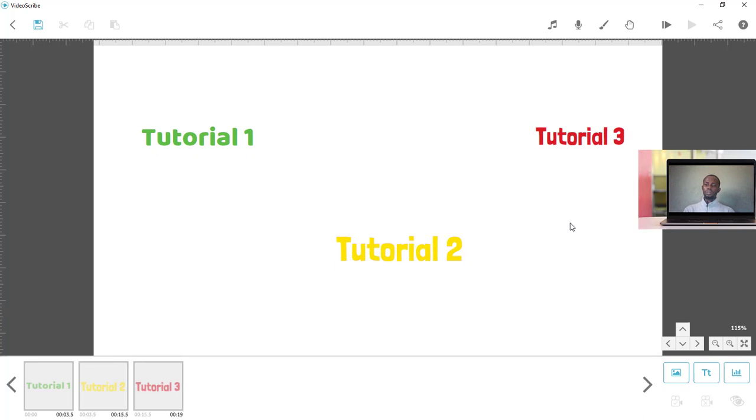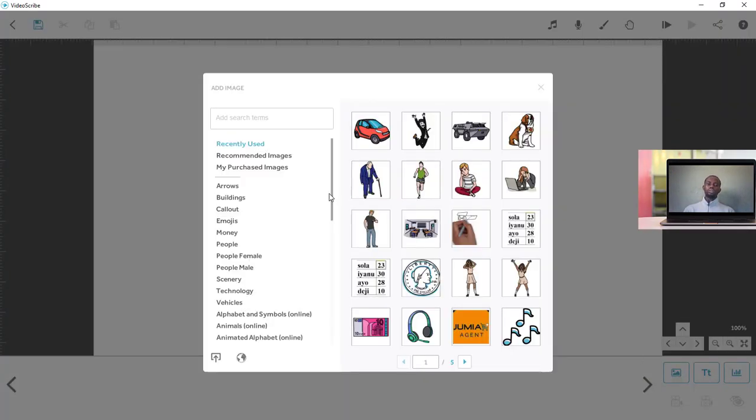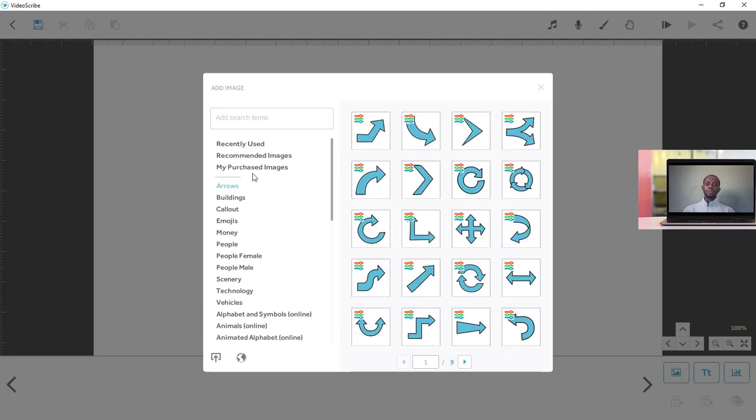For the image animation, I'm deleting this. For the image animation, we are having inbuilt Scribe images. So if you want to create the image animation, what you do is you come down here under add new image, you click on it. Once you click on it, Scribe is having the inbuilt images. If you go to arrow, you can see that there are various arrows here. These are for if you want to make use of the arrow,